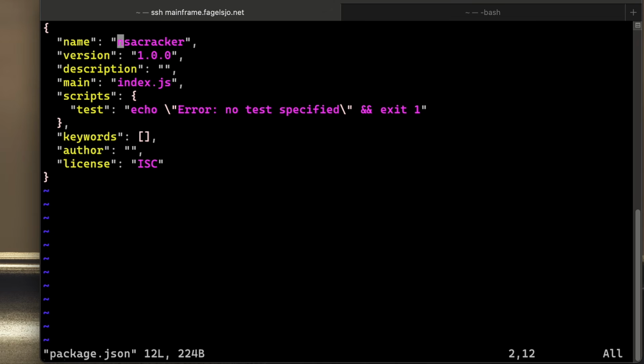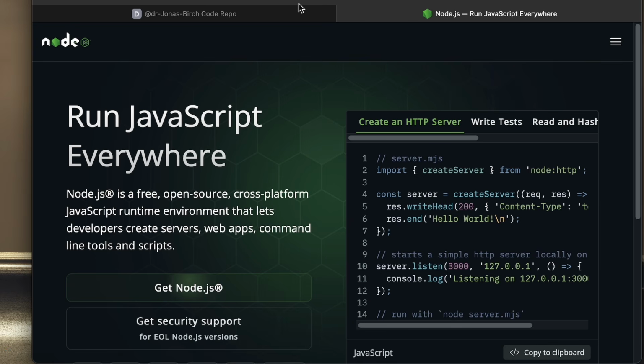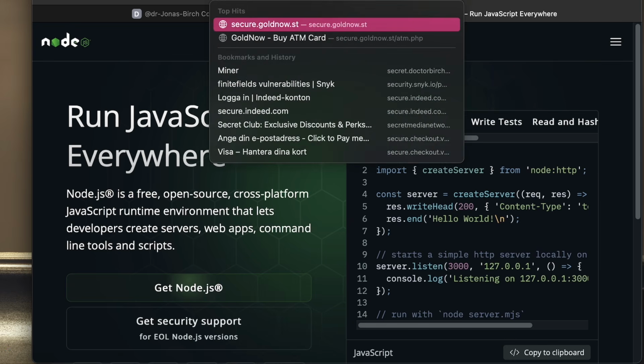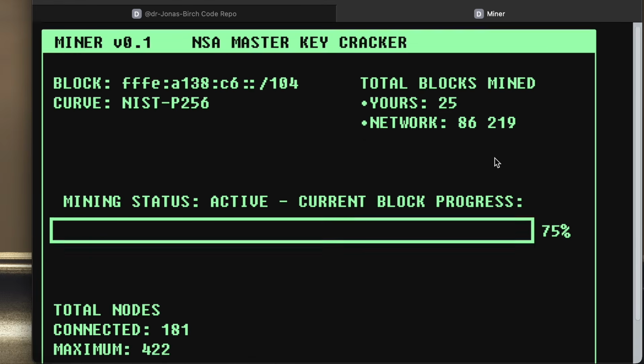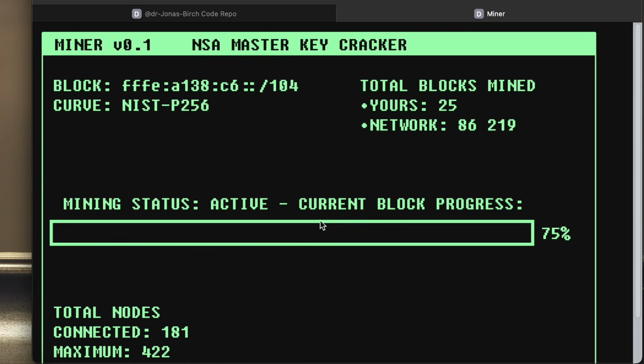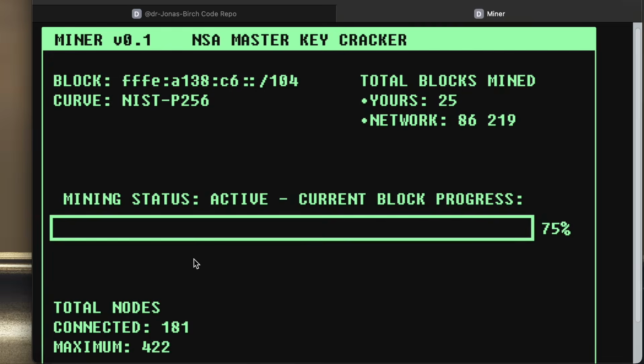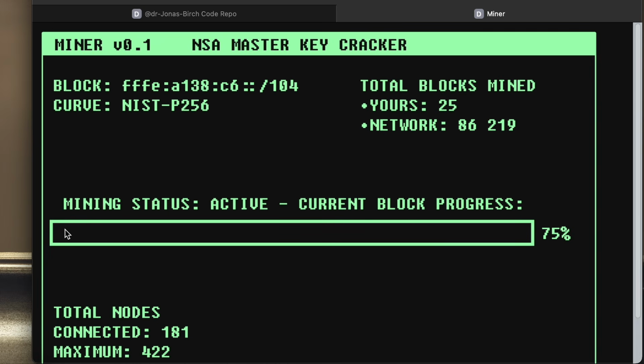So the idea here is I'm going to code this. We're going to code the console version first. And then we're going to turn it into a web page, which will look something like this. Kind of cool, huh? So this is how it's going to look when you run it on the website. And this is the progress bar for the current block that we are currently working with,